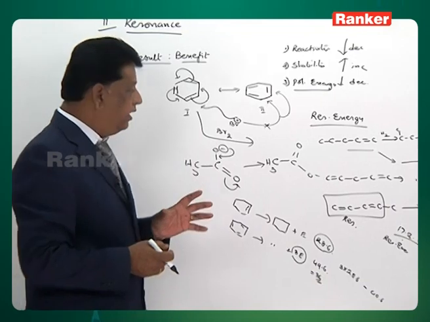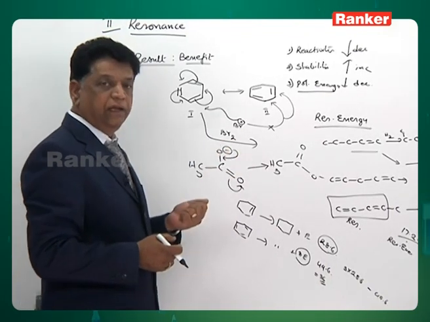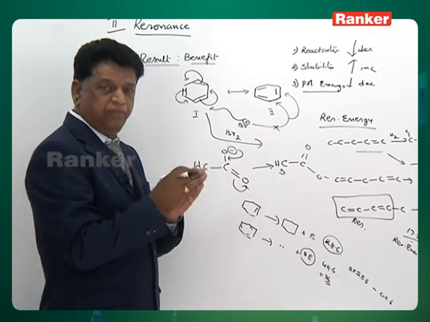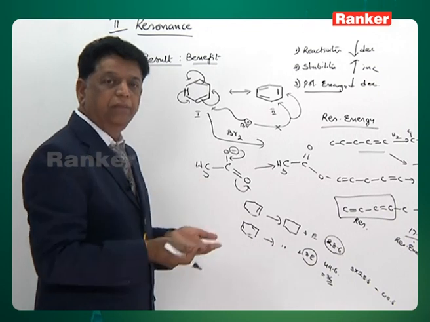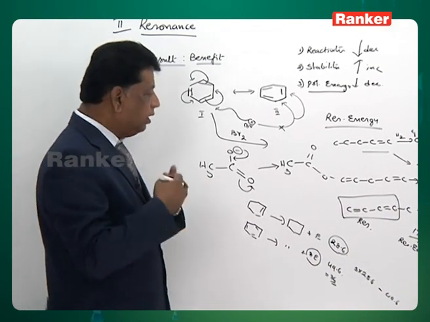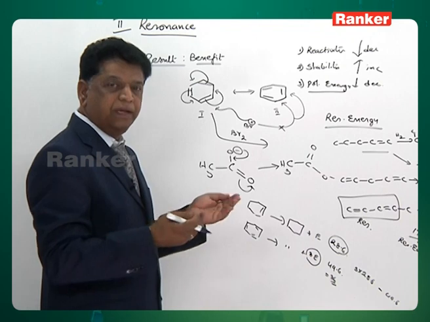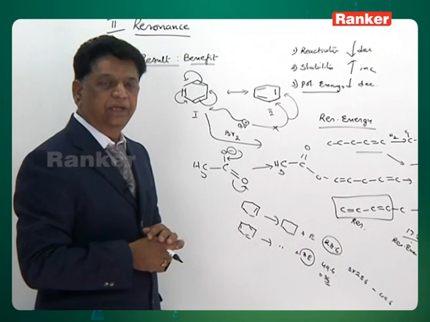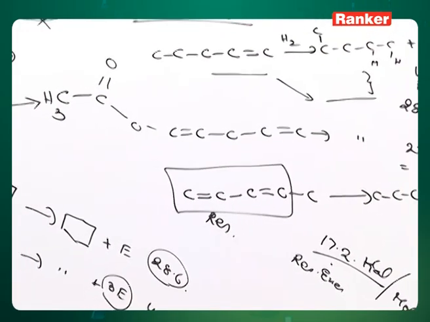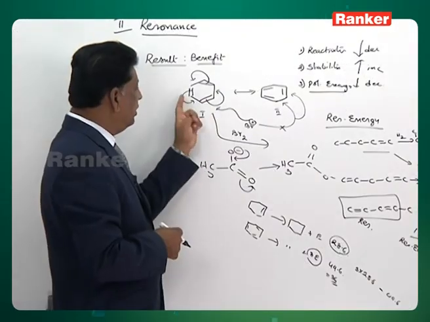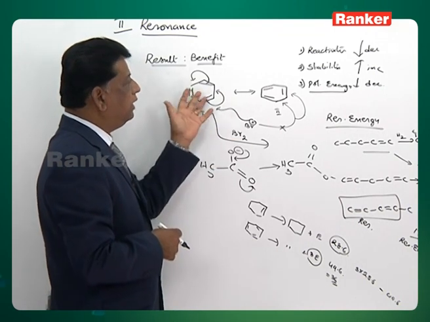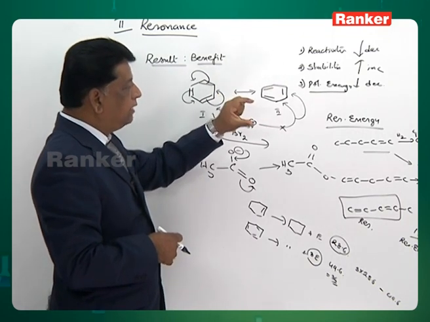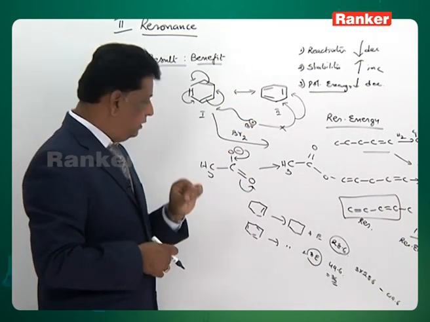So resonance energy cannot be calculated directly, only indirectly, because whenever the molecule is formed, resonance is also mixed with the formation energy. Therefore an indirect method is suggested for the calculation of resonance. The more the resonance energy, the more the stabilization. The double bond is moving, so the reagent cannot attack, reactivity is decreasing, stability is increasing, potential energy decreases, and some energy is released. That is called the resonance energy.